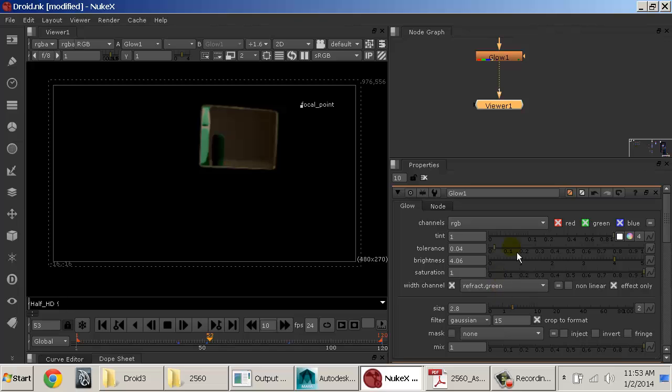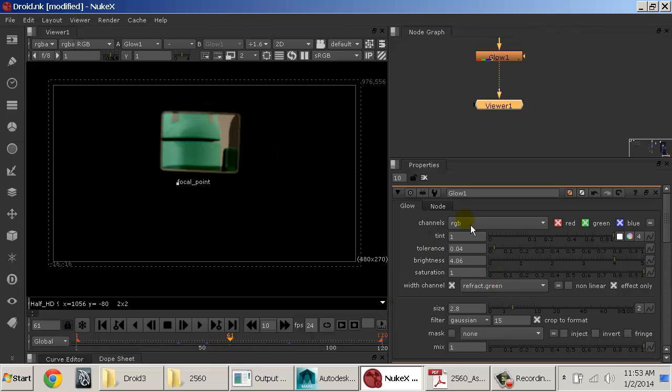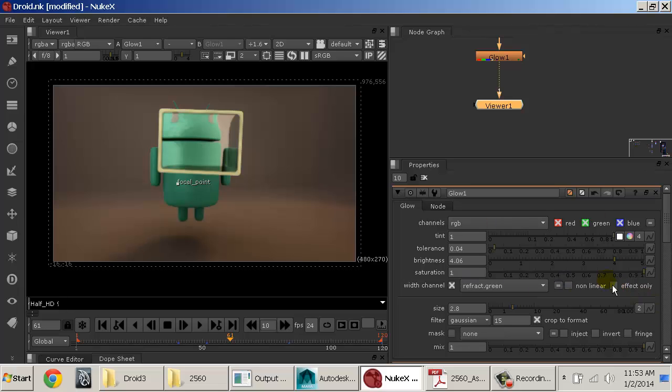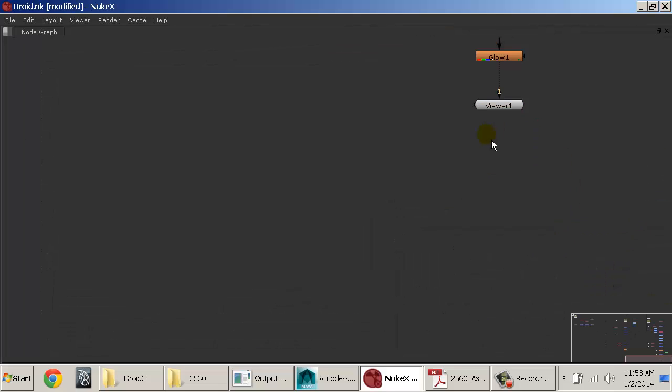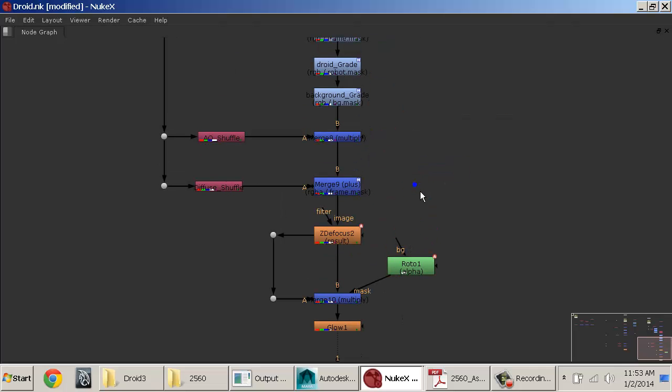Alright, not a huge difference with green, so I think we'll just leave it where it was. There we go. We'll take the effect only off. Okay, and then the last bit of this was